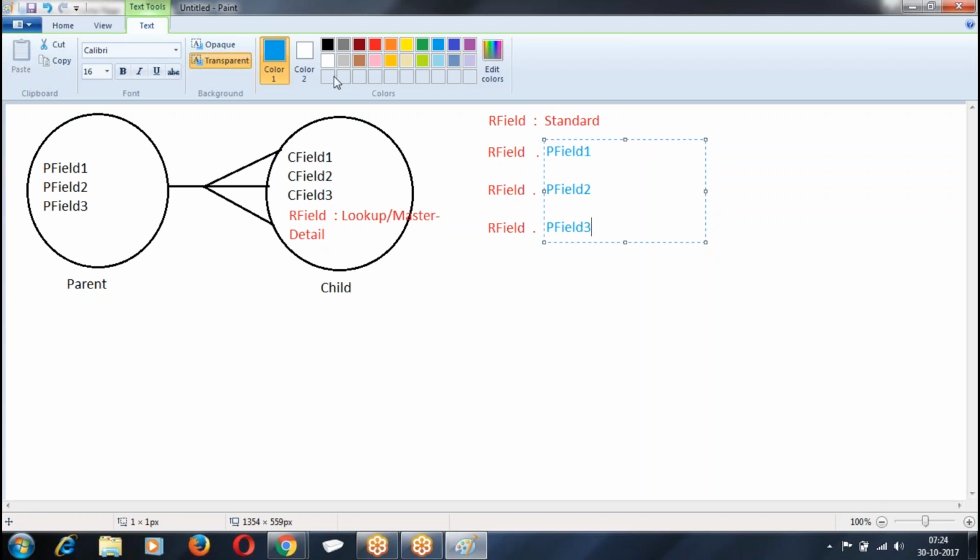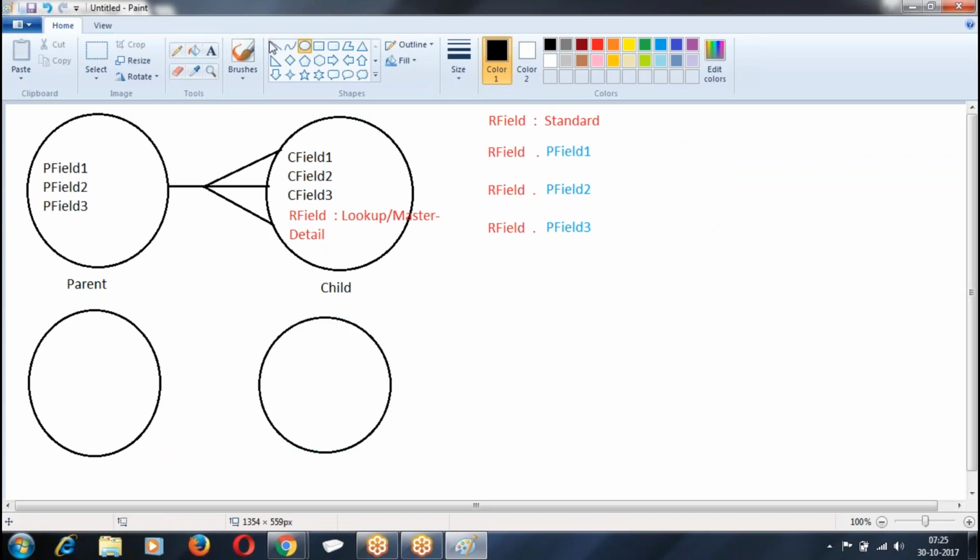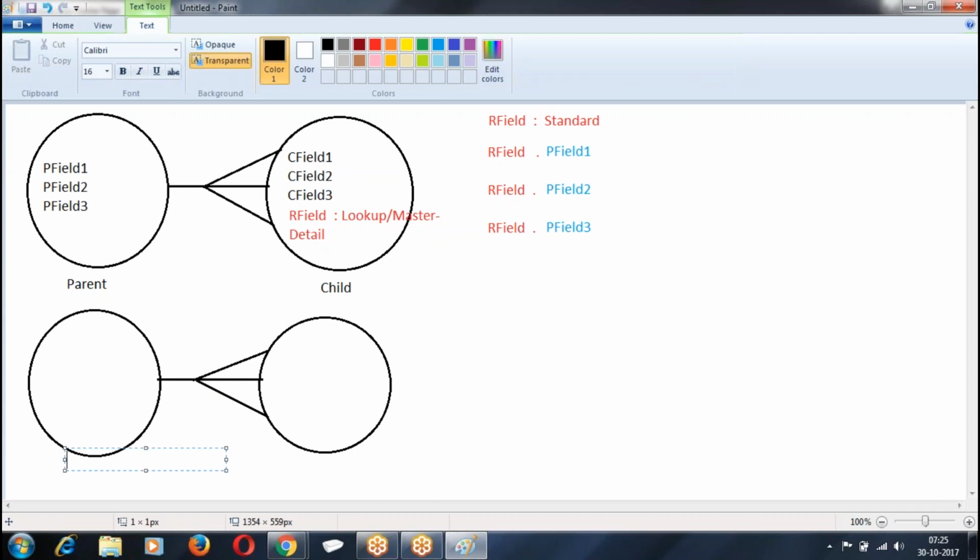To give an example, we already have account and contact objects. Account is a standard object. Contact is also a standard object. Both of them are connected by a lookup relation. Who created the relation between account and contact?